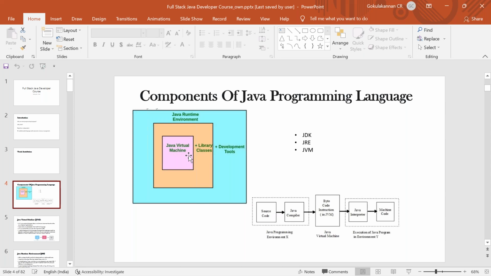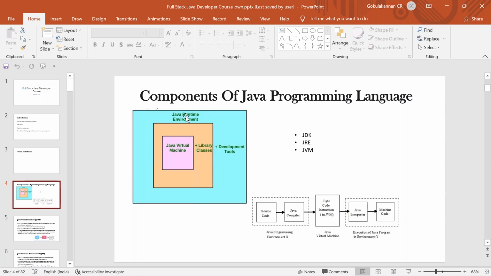So somebody has to convert to zeros and ones. So who is converting my code to zeros and ones? It is JVM. JVM is responsible for converting your code to the zeros and ones which the machine can understand. So that is called JVM, that's Java Virtual Machine.